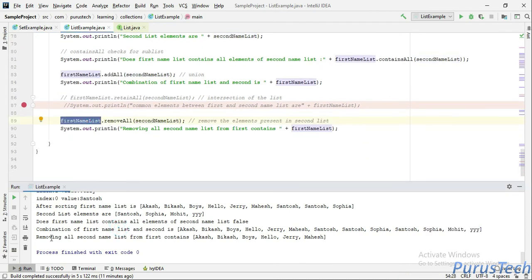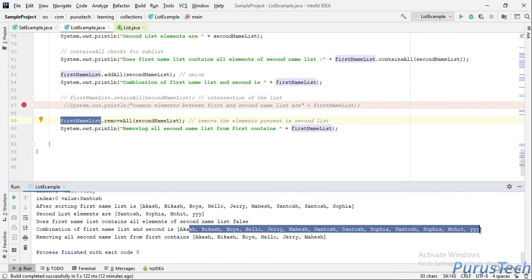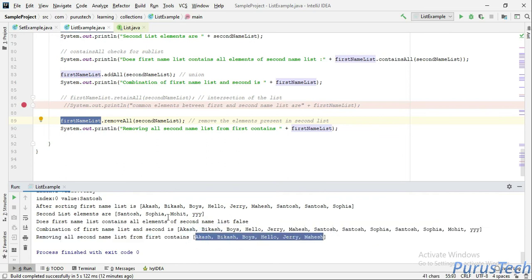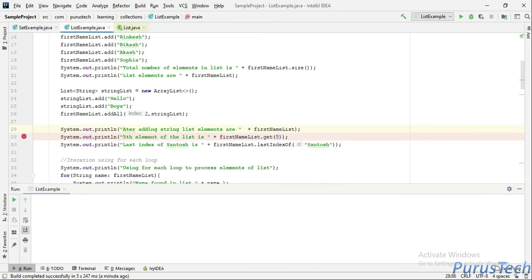As you will see here, removing all that the second name list contains means what is there in the second name list will be removed from this list. So Santosh, Sophia, Mohit and YYY will be removed from this list, and it will remove all the duplicates also. So you will not find any elements with Santosh, Sophia, Mohit and YYY.